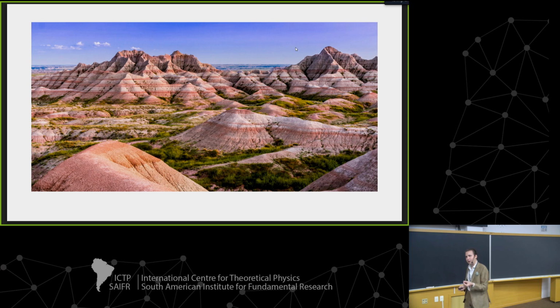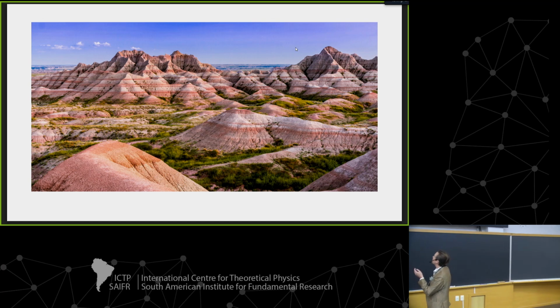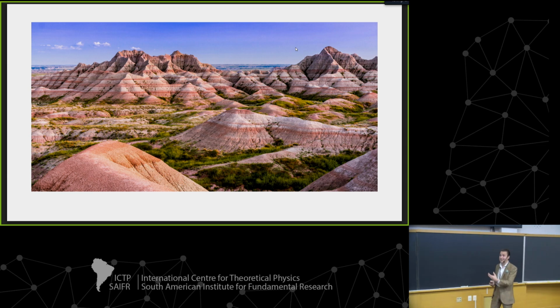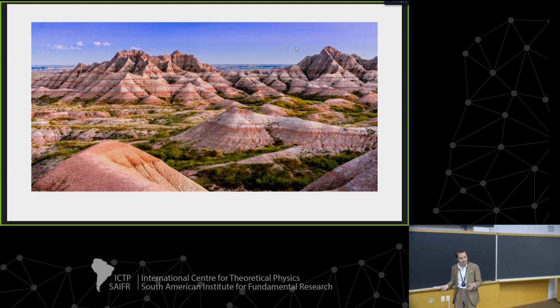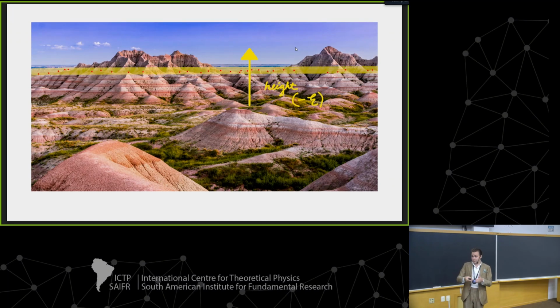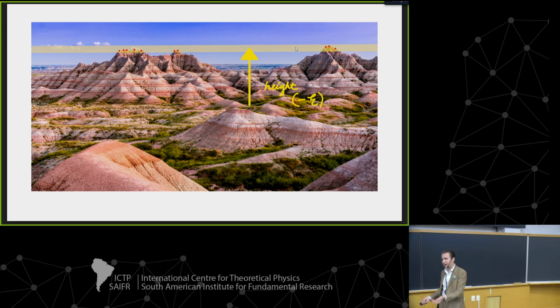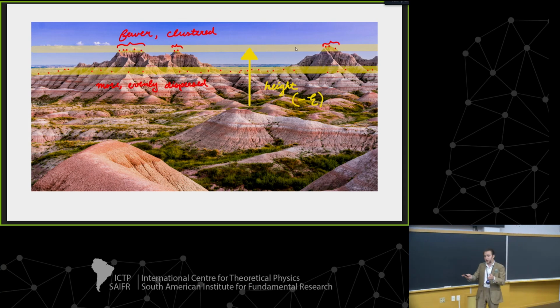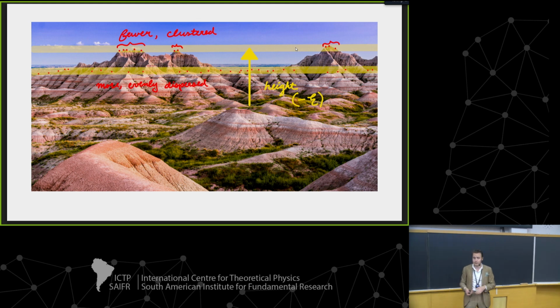So what can we learn from the statistics of stationary points? We'll go back to my nice cartoon landscape, where we're going to see the types of things that we can fix and quantify about landscapes in general. So first, we have to define a height. This is minus the energy, typically, for physicists. But we can count all of the maxima, say, at a certain height, and compare them with the maxima at different heights, and then say things like, okay, well, there are more at maybe the lower height, but at the higher points, they're clustered together with structure that is different from at the lower point.